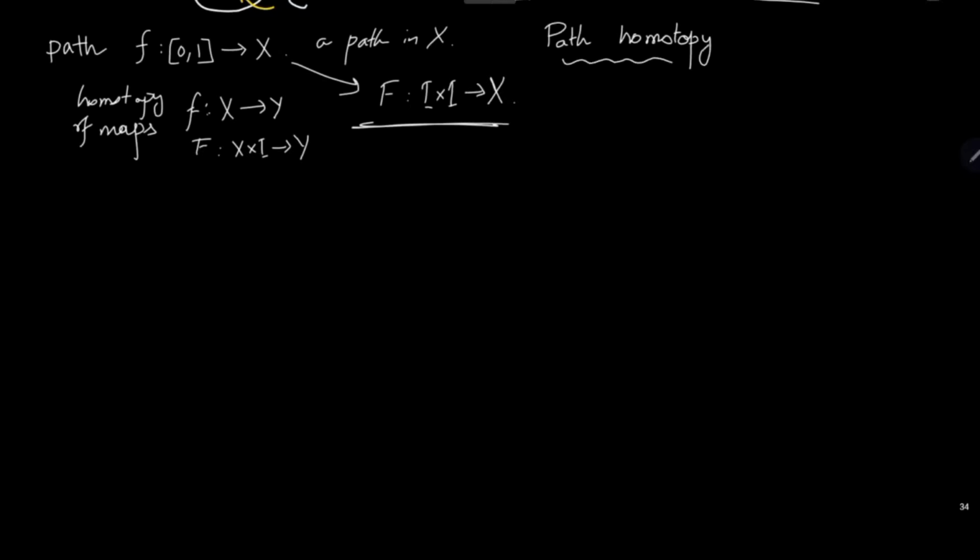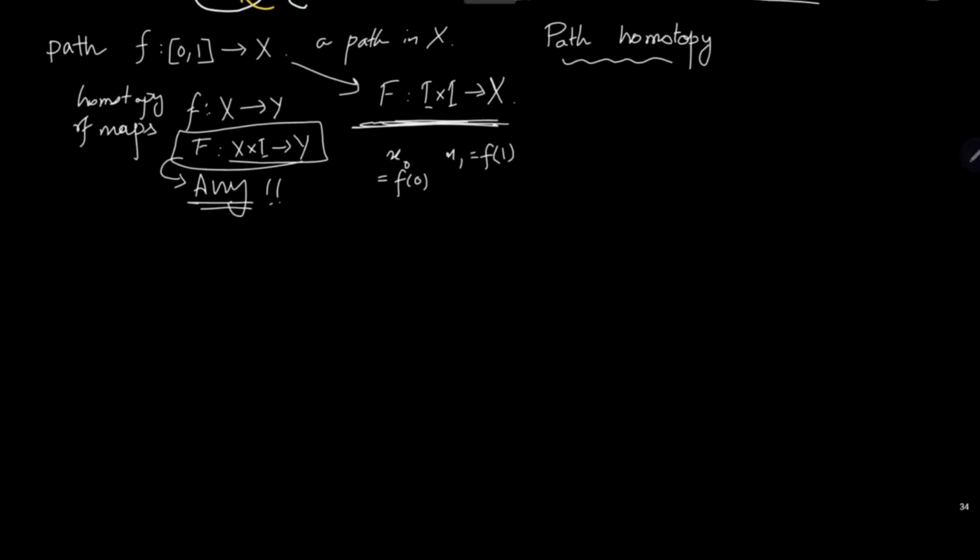There's one small difference in path homotopy. In the case of homotopy of maps, we considered that any continuous function f from X cross I to Y would be qualified as a homotopy. But in the case of path homotopy, we fix the points x0 and x1, which are just f of 0 and f of 1 respectively. So we say that f of 0 comma t